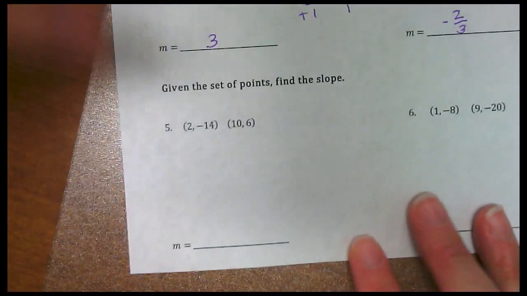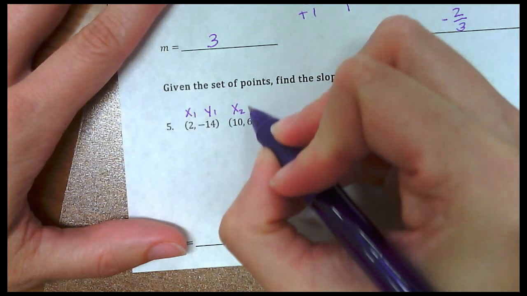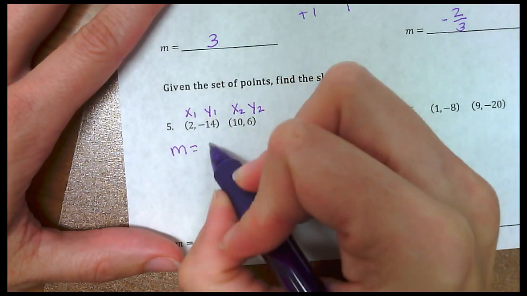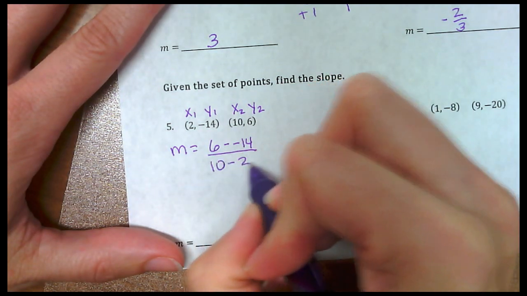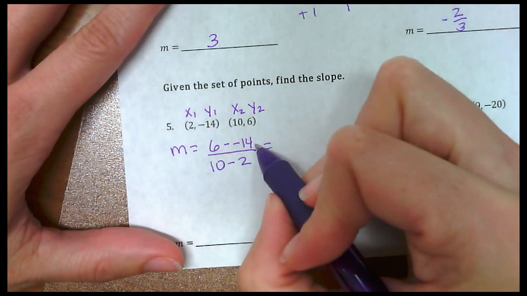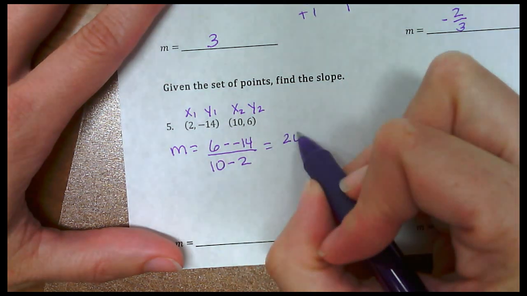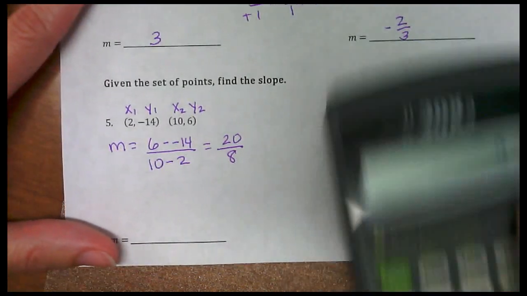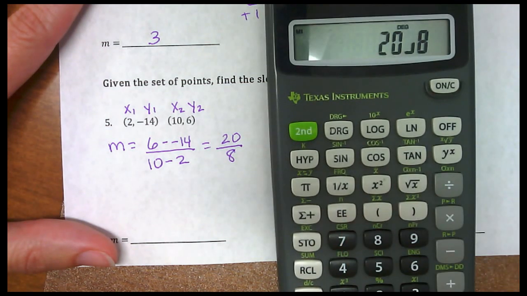Okay. Number 5, x1, y1, x2, y2. Label your points, it'll help you. 6 minus negative 14 over 10 minus 2. Type this into your calculator. 6 minus negative 14, you'll get 20. 10 minus 2 is 8. So if I put 20 over 8 into my calculator and hit enter,